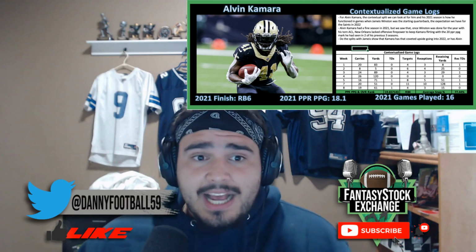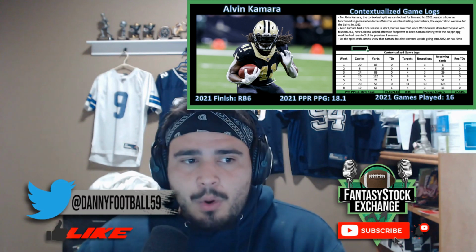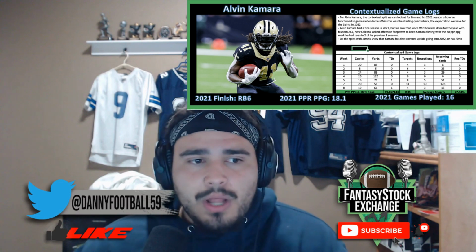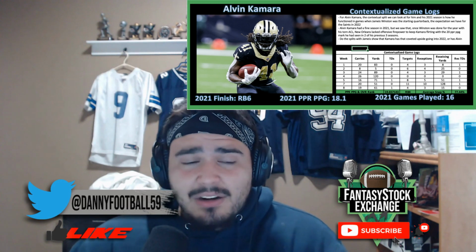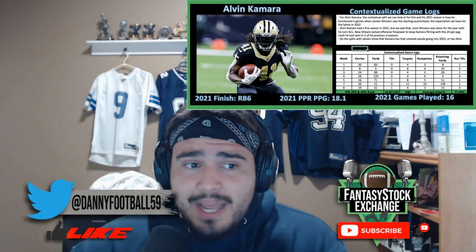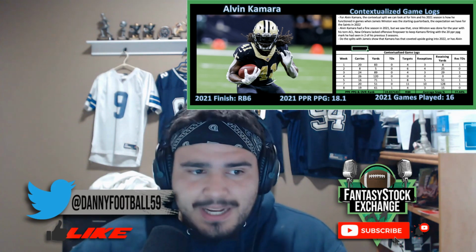We could see this offense really stretch a defense out. And if that's the case, as we know with Alvin Kamara, he gets all of the valuable touches we could possibly want. He gets the touches through the air in terms of his targets, and he gets those coveted goal line touches, arguably the best goal line back we have seen in the last 10 years. So with Alvin Kamara, as soon as it gets announced that, oh, he's playing this season, or, oh, he's getting a 2 or 4 game suspension, I expect his value to go up.